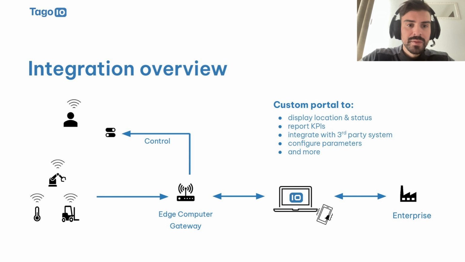to the project, right? So in this case here, this is an example of an integration overview. So we have, for example, our edge computing, which is receiving this information from the sensors. It's providing the control to the user so he can, for example, turn on, turn off, manage those particular devices, sending a downlink: open valve, close valve, turn off sensor, and so on. Then send that information to the platform, display, for example, locations, the status of the sensor, do KPI calculations,